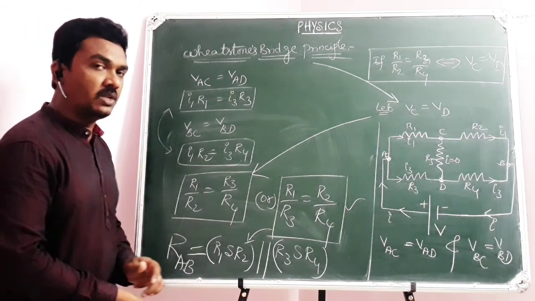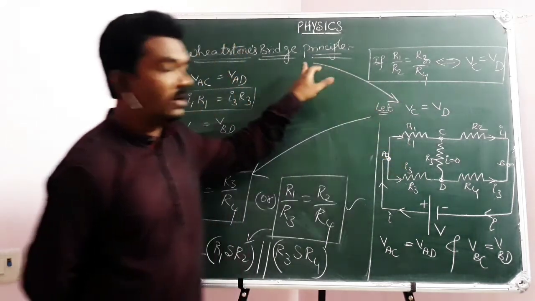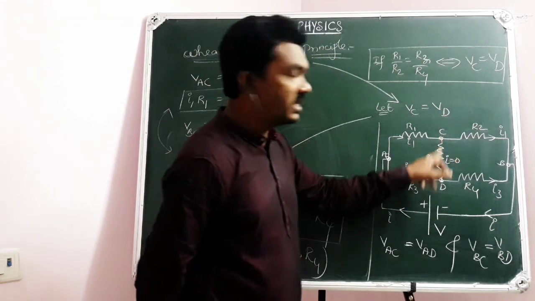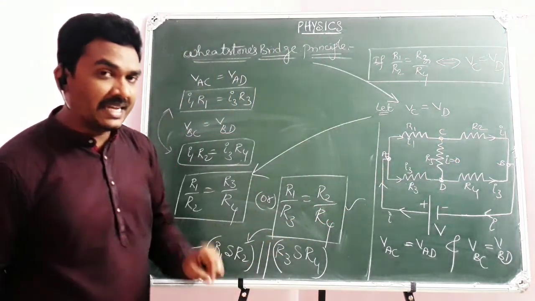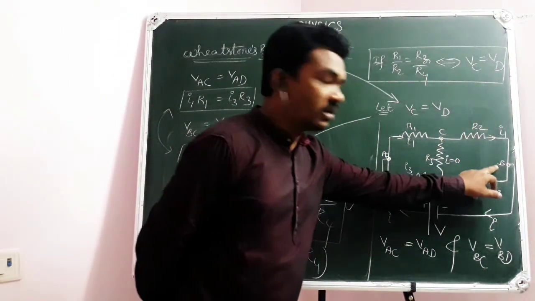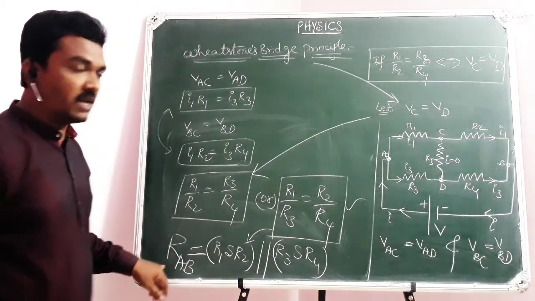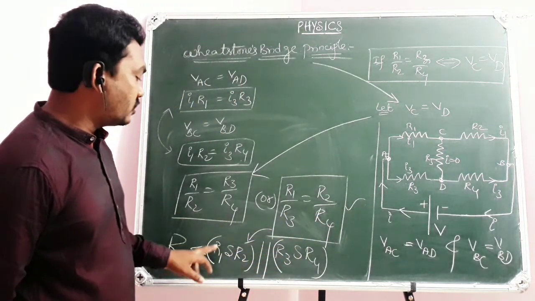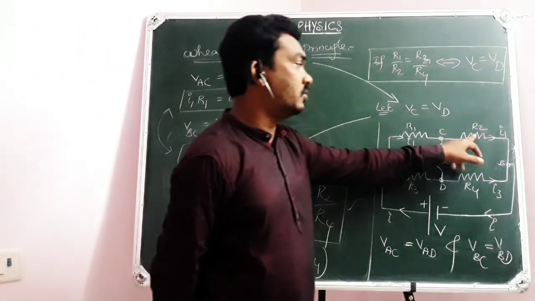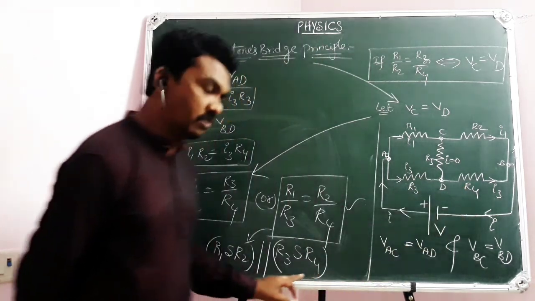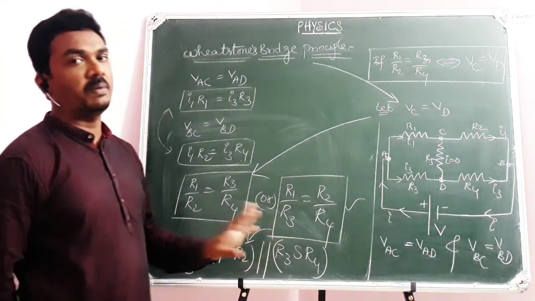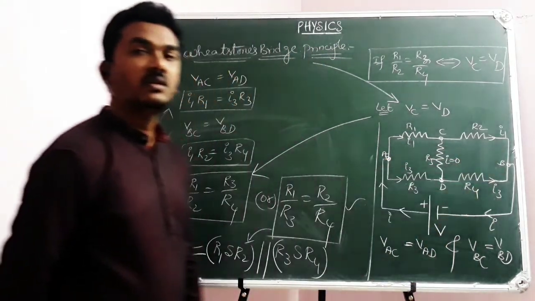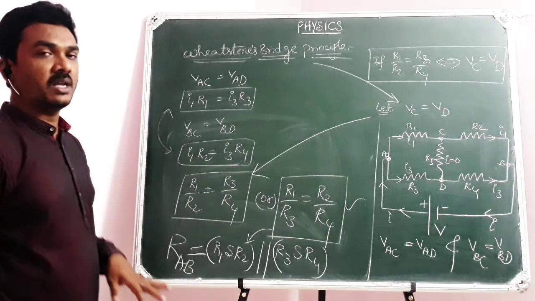So my intention is to tell you, if the Wheatstone bridge principle holds good there, I mean if R1 by R2 equals R3 by R4, C and D are at the same potential. Then the equivalent resistance across AB can be calculated so that R1 is in series with R2, R3 in series with R4, and again both of them will be in parallel. So you will get the circuit resistance across AB. So this is how the Wheatstone bridge principle can be applied.